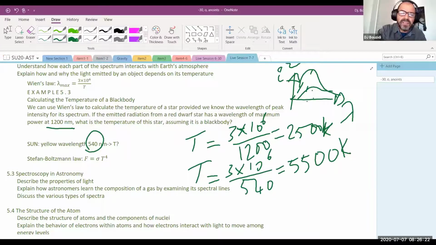Then there is the second Stefan-Boltzmann law, which gives me how much power output there is. This number is in watts per meter squared: how much output there is for that star. Again, the hotter the temperature of the surface, the more energy output there is. That's basically the bottom line, and that is actually what you see in everyday life.